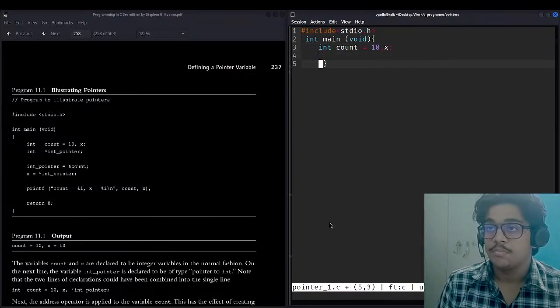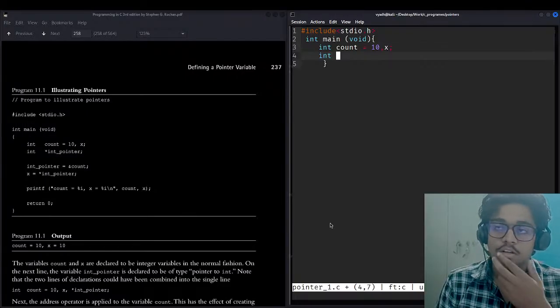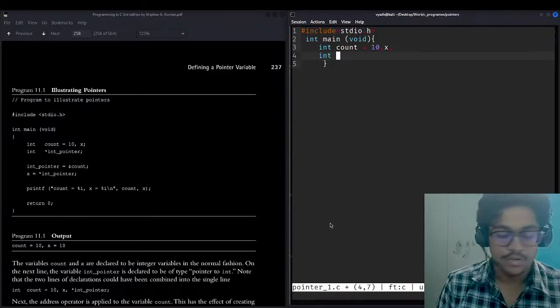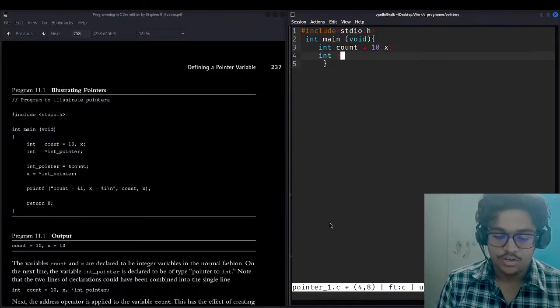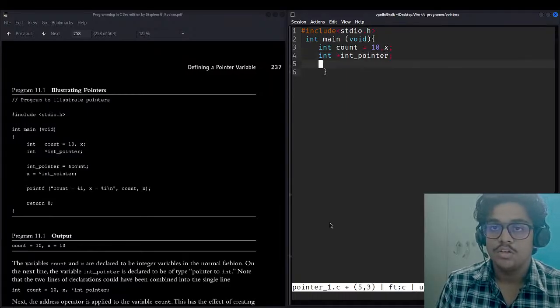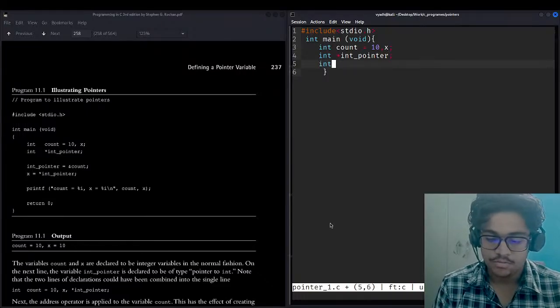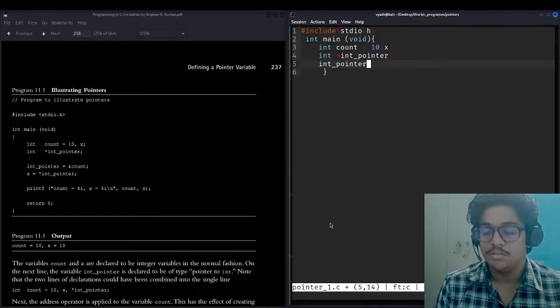Now we will be taking a pointer, because we want to access this count variable, not directly the value but the variable. So we'll be using int asterisk int pointer. And now we'll be assigning this int pointer first to the variable count.